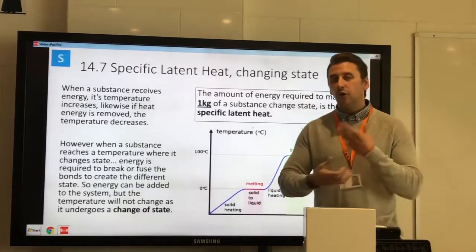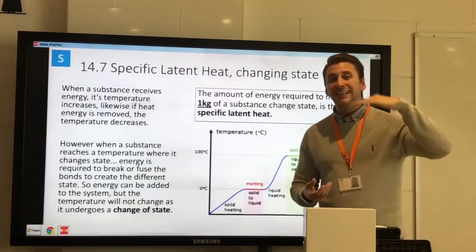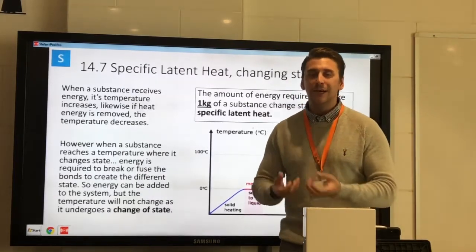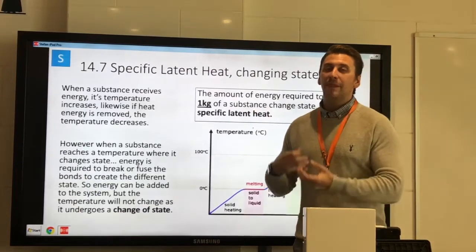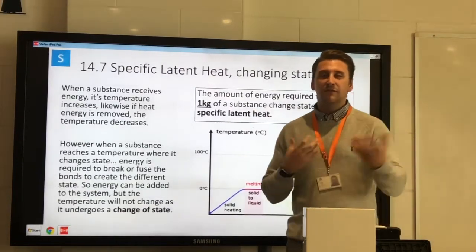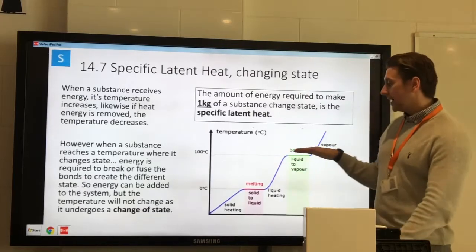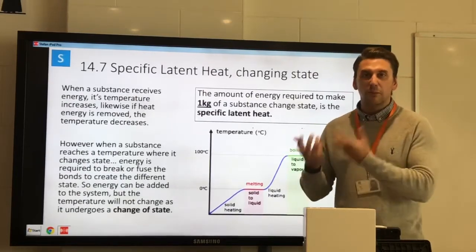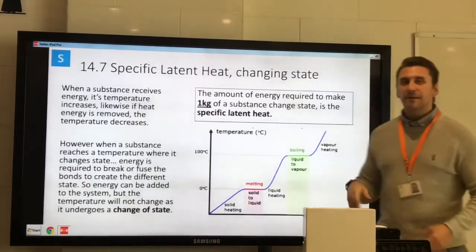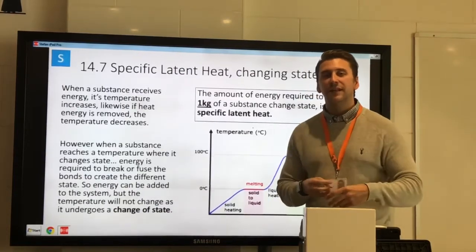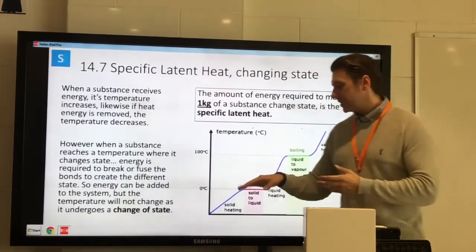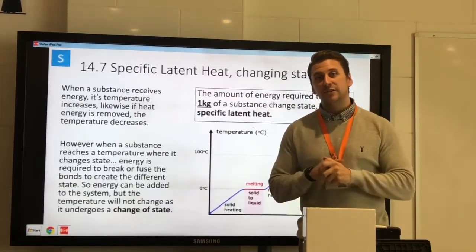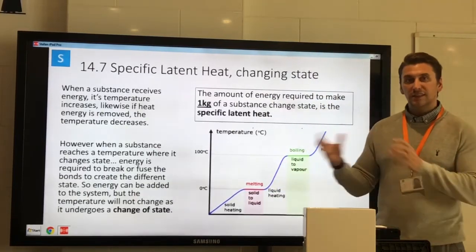When I've got water, all the ice is melted. My water now, if I keep adding thermal energy, increases temperature until it gets to the next temperature, which is 100 degrees Celsius, which we know is the boiling point of water. And then the water starts becoming a gas, starts evaporating and boiling at 100. So it's a flat, horizontal line again. No change in temperature because the energy is going into changing the state, so breaking those bonds down again. And then gas, if you had the gas contained and you kept adding thermal energy to it, the temperature would rise again. So it's specific heat capacity for a temperature change, specific latent heat at a state change. Okay? And that's it for 14b, the two different definitions.